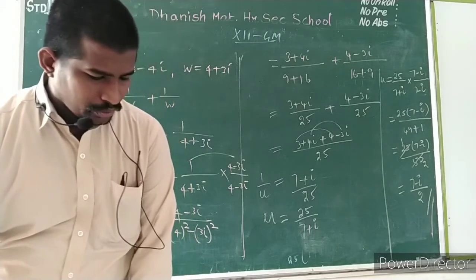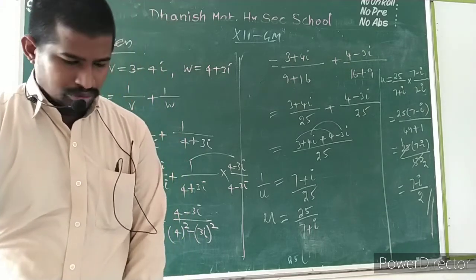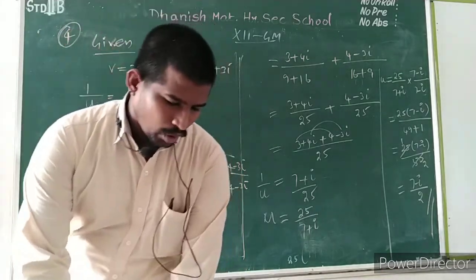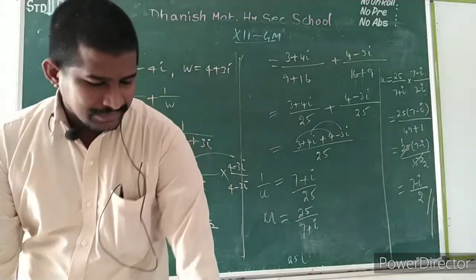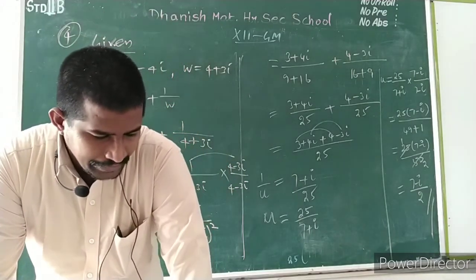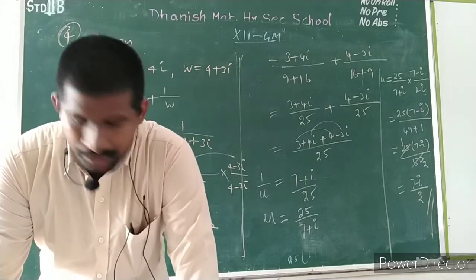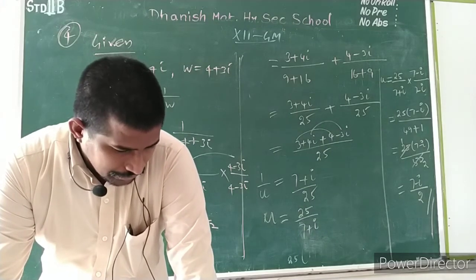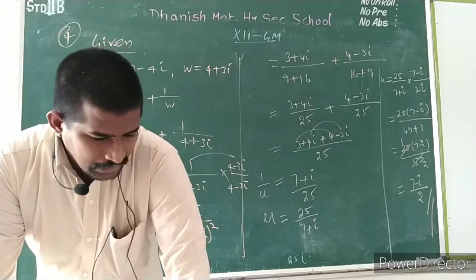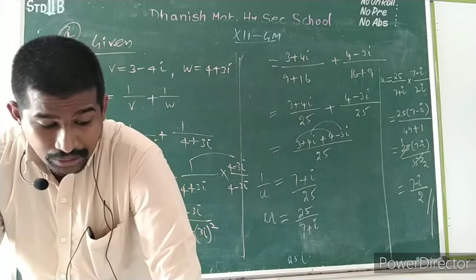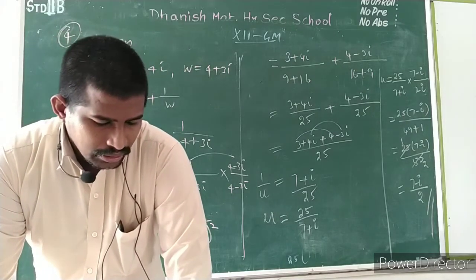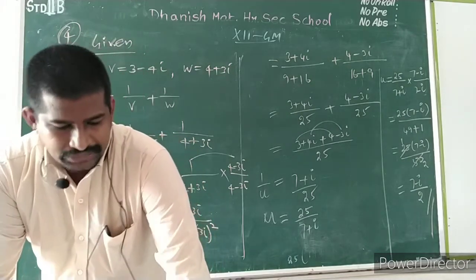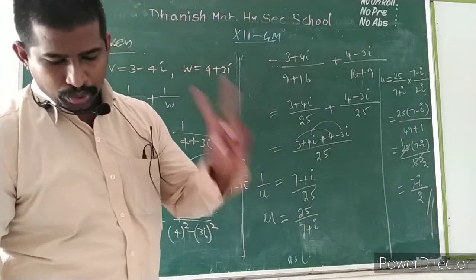Now look at the fifth one. This is an important one. So fifth one, look at your book carefully. Prove the following properties. First one, z is real if and only if z equal to z bar. Here we are going to prove two things. First we are going to take z as real, then we are going to prove z equal to z bar. Then here we should prove the converse also. Secondly you can take z equal to z bar. After that you should prove z is real.